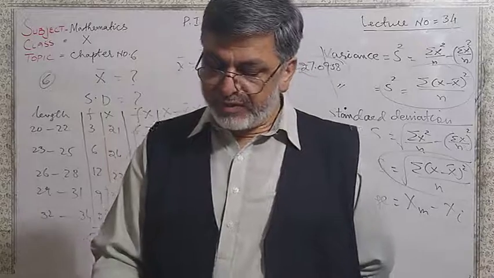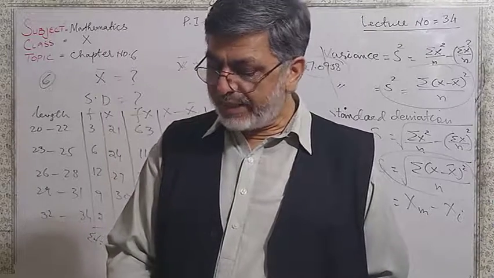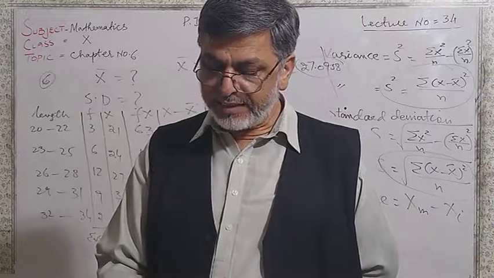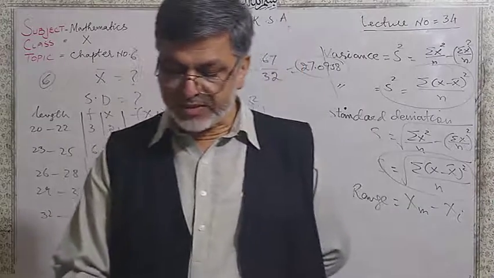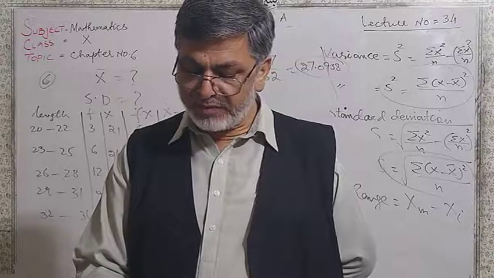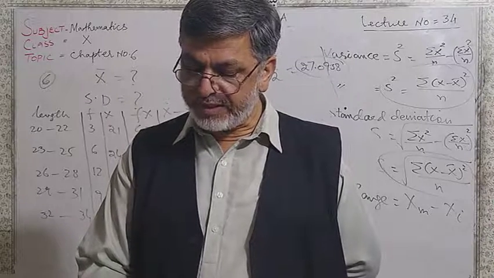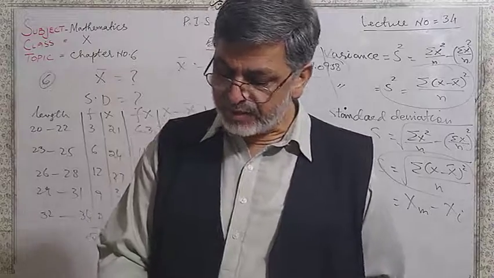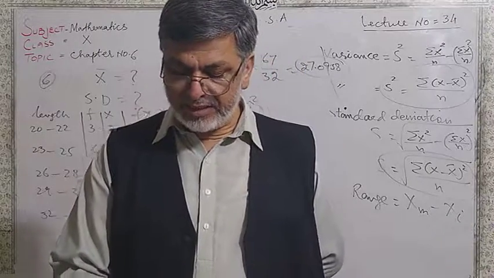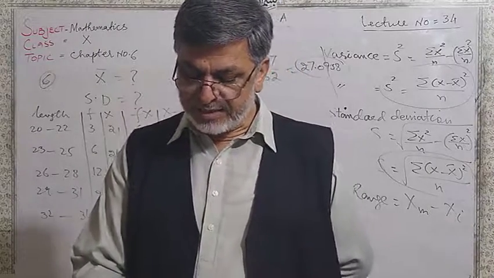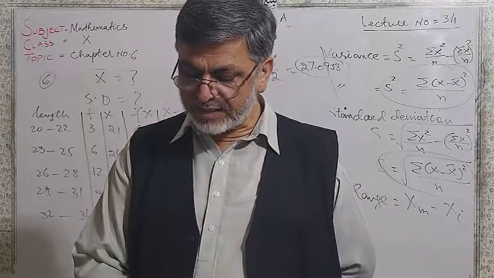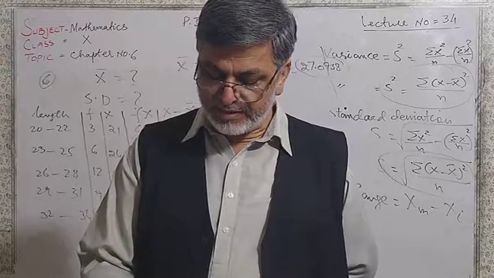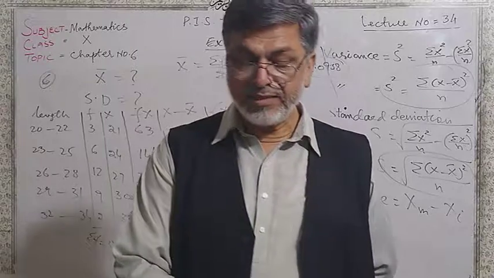The measures that are used to determine the degree or extent of variation in a data set are called measures of dispersion. The extent of variation between two extreme observations is known as range. The mean of the squared deviations from their arithmetic mean is known as variance. And the square root of the variance is known as the standard deviation from the arithmetic mean.